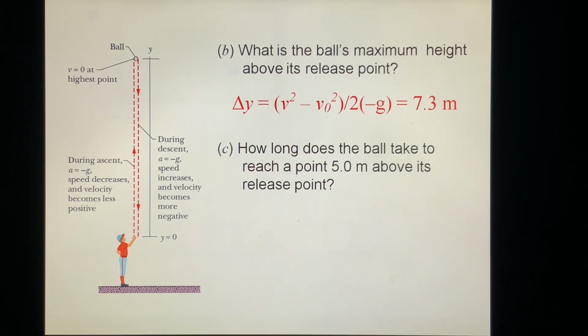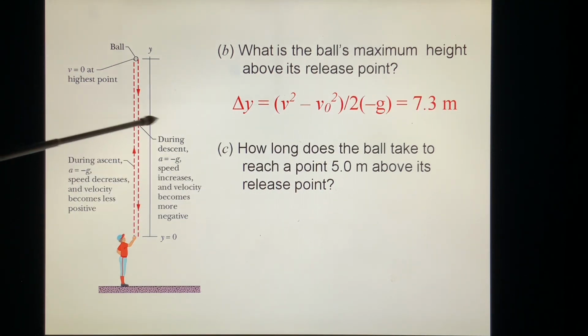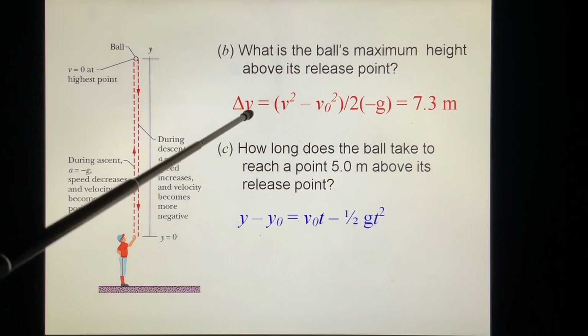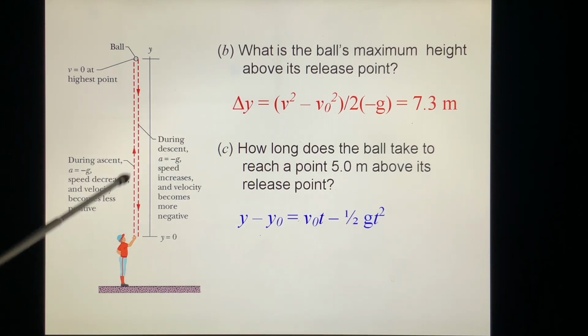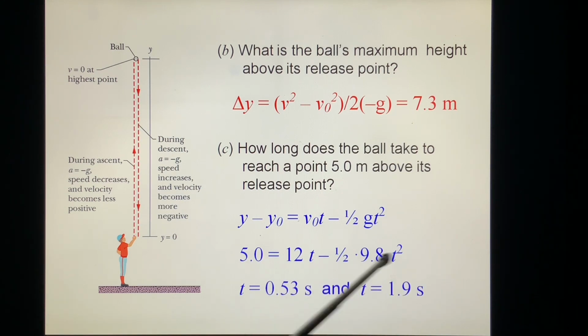Question C. How long does the ball take to reach a point 5.0 meters above its release point? The maximum is 7.3. I want to find the time when you get to 5 meters above your position. That's very easy. We know delta y. Delta y is 5.0. And we know this one, you can find t. So we get two values of t. This is 0.53 second and 1.96. We choose which one is right. The answer is